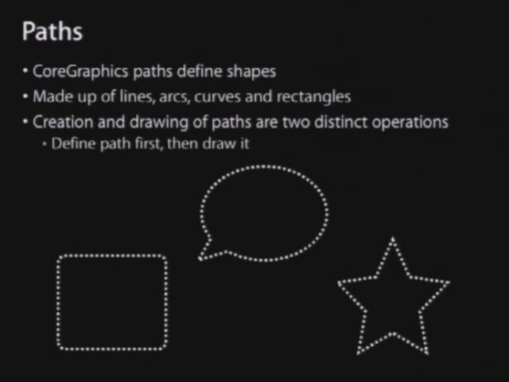So here's a couple examples. These are actually just Keynote paths, so this is the lazy way of doing it. But Core Graphics does define some shapes. So it defines square and circle and God knows what else, probably octagon or something. It's made of lines, arcs, curves, and rectangles. So you can have straight lines, you can have curves with different Bezier paths, right? And again, the way you do this is you actually draw your path and then you tell the context that it should actually stroke it or fill it.